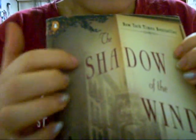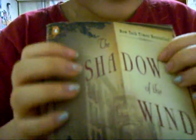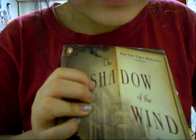And this is a very good book. I love this book. And yes, I have read it before. This book is called The Shadow of the Wind, and it is by Carlos Ruiz Zafón. And basically, if I read you the introduction or the review of the book,